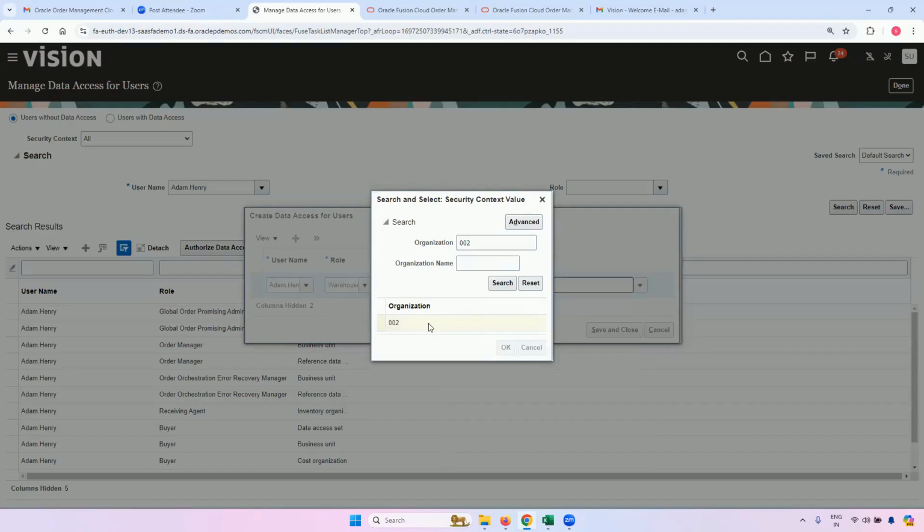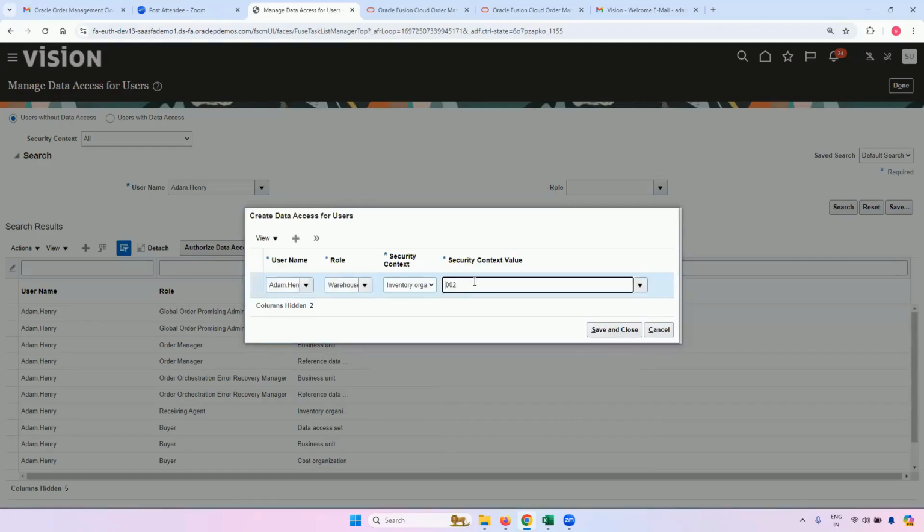So this is an inventory organization known as 002. This is an inventory organization code, and the name is Atlanta, which is in US. So I have given the first role. Now you can click on plus, or you can just duplicate this. Click on duplicate. It will ease out for you to enter the username again, right? You will not have to enter it. I'll show you.